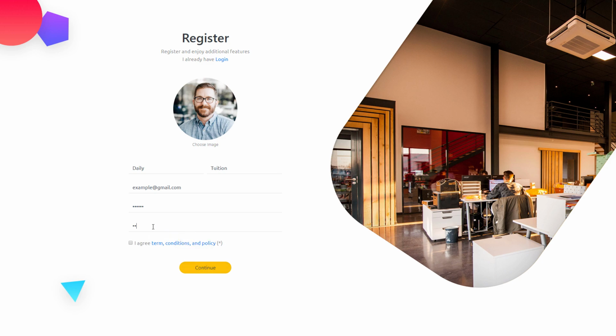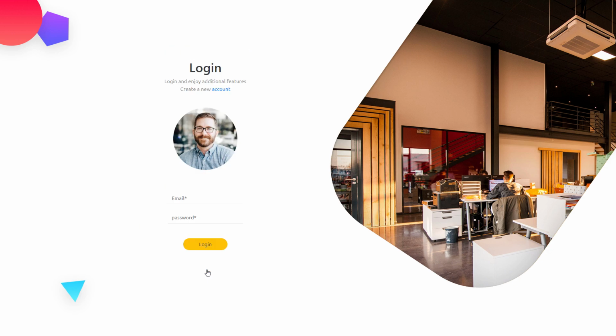If I fill this field and forget to check this checkbox, when I click on continue, I'm going to have a message, please check this box to continue. So I'm going to click on this checkbox and accept all the terms and conditions and click on the continue button. When I click on it, this will redirect me to the login page